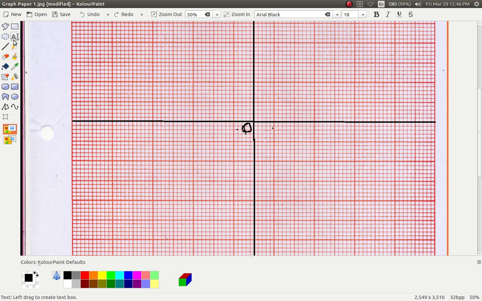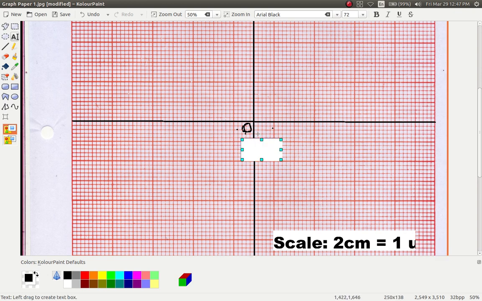So I want my scale to be, can't see that, I want a big writing. Nice, bigger writing. I want a scale of 2 cm equals 1 unit. Now, how do I do that? What I would have to do is say, since every 2 cm represent 1 unit, I move